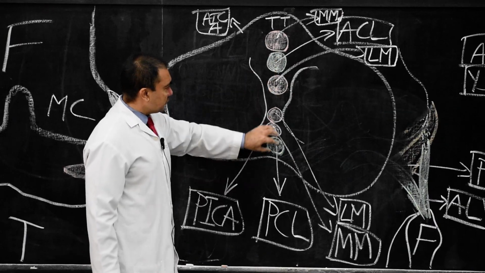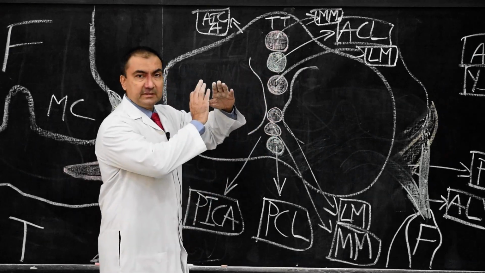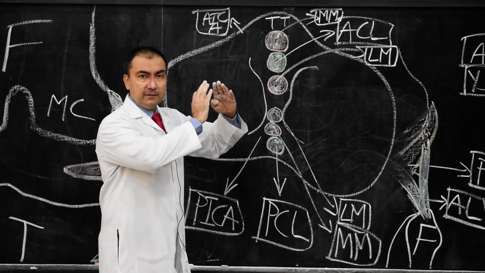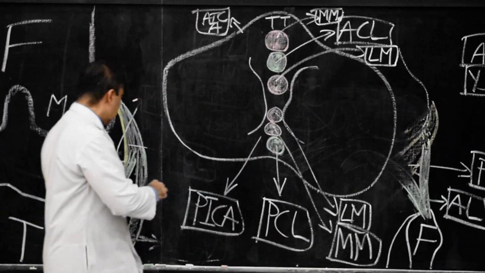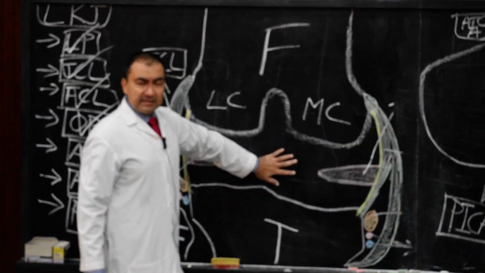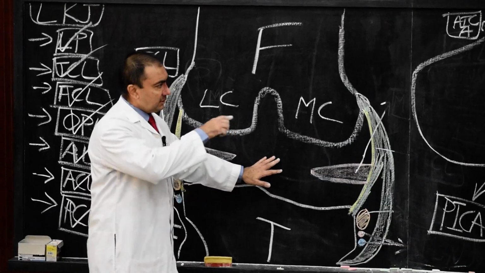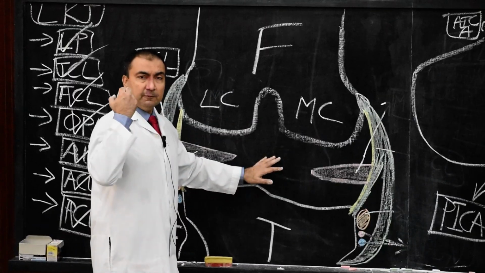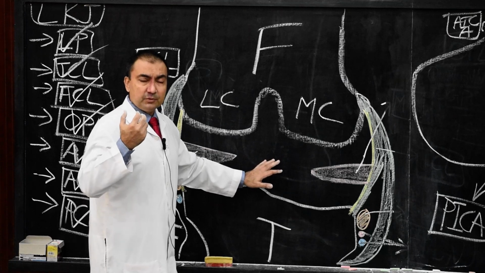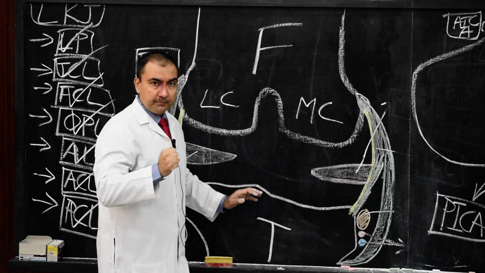Now from here these two cruciate ligaments will start upwards. The fibers will be starting upwards. And how do they start upwards? Please come on this side. Here I am going to show how they are starting upwards. For example, the anterior cruciate ligament, from its origin on the tibia, will be passing upwards and it will be attached to the medial surface of lateral condyle of the femur.